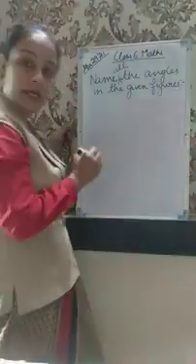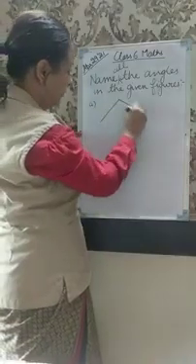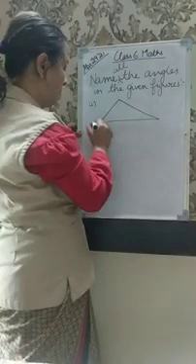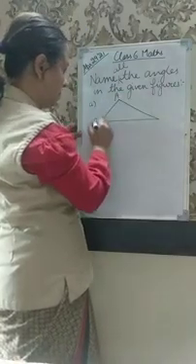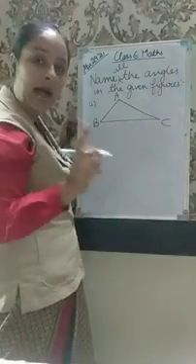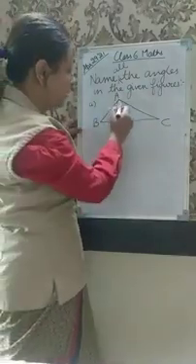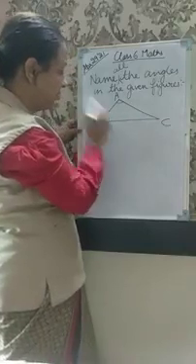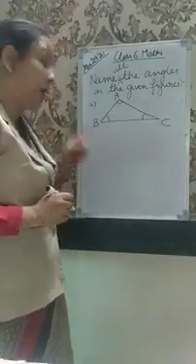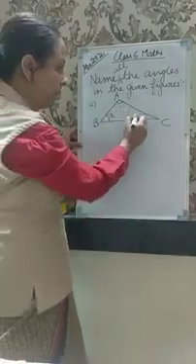Okay, so the first one is ABC. This is a triangle. So I am just giving you a hint. Okay, which all are the angles formed? This is one angle, this is the second angle, and this is the third angle. Right? You have to name them. First of all, right now you can do 1, 2, 3.